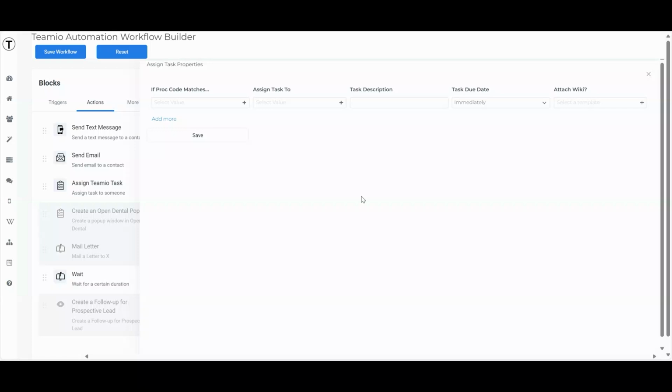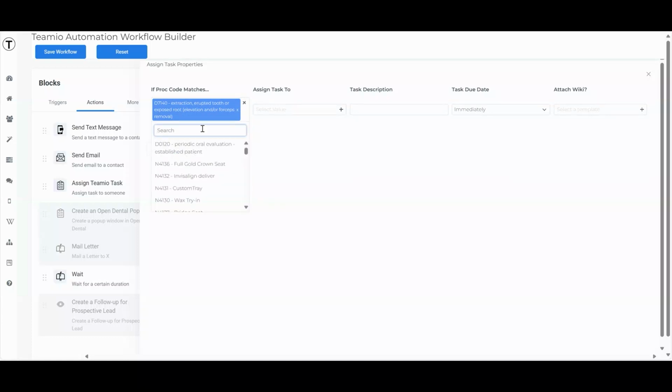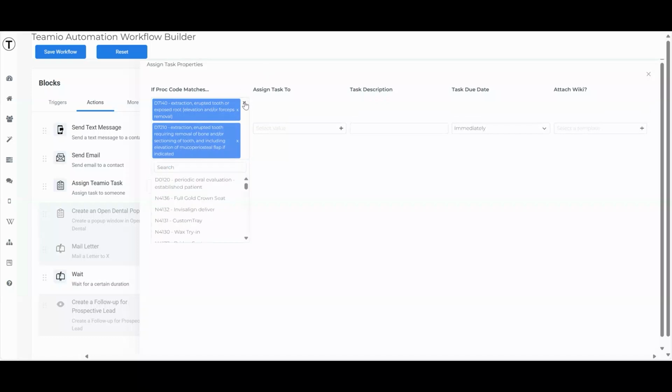So instead, I told them they could just automate it. Whenever the patient is scheduled for a certain appointment that matches certain codes, for example, they were doing it for surgical extractions, implant placement, et cetera. So what you can do is, let's say you come to here, we already selected appointment scheduled. Now you can select the actual code. So for example, surgical extraction. Okay, here it is, 7210. Let's just select multiple, 7140, 7210. All right, even for implant,